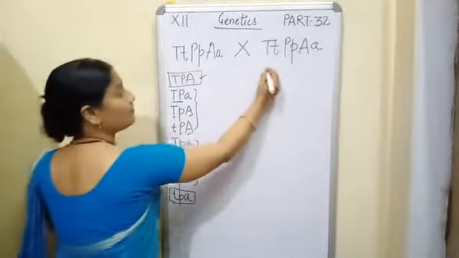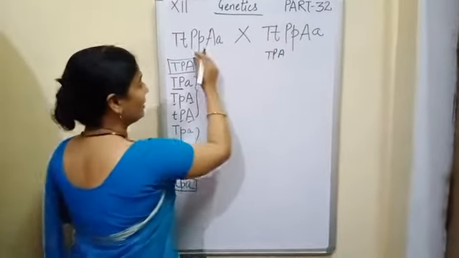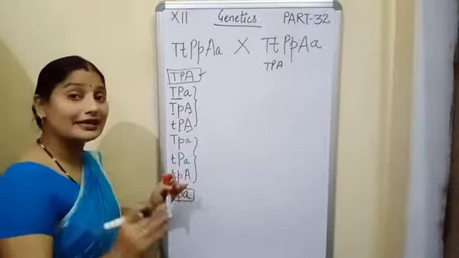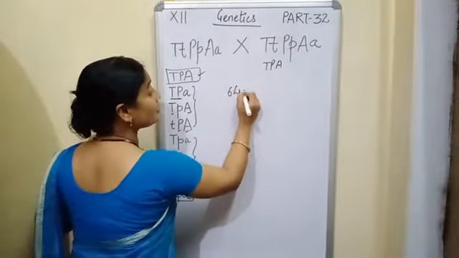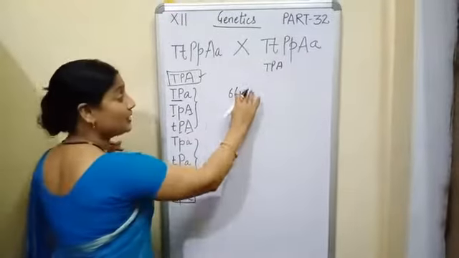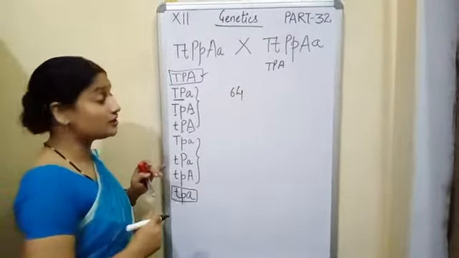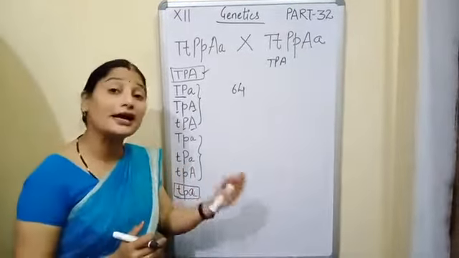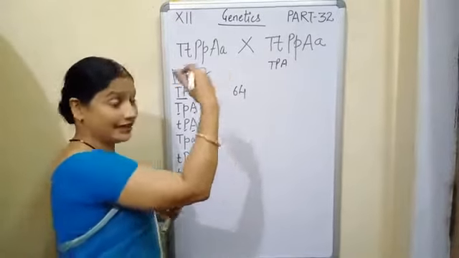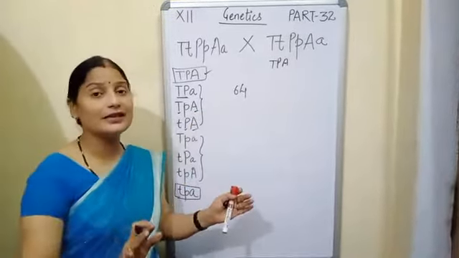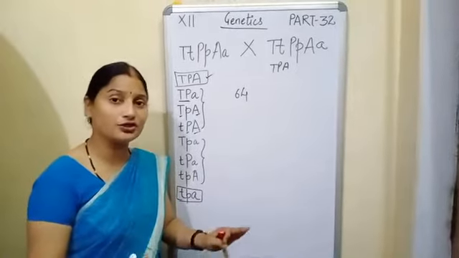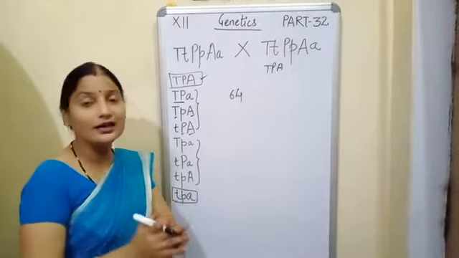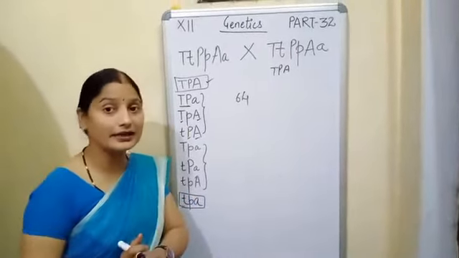Okay. Same we can prepare here also. Now 8 gametes of this side, 8 gametes of this side. They will cross and give us the result of 64. Clear? Now, in case of F2 generation, what is the phenotypic and genotypic ratio of trihybrid? Clear? Like in case of F1 generation, it was very easy. 64:0, 64:0. Every plant were tall. They all have the purple color flower and position of the flower was at the axil.